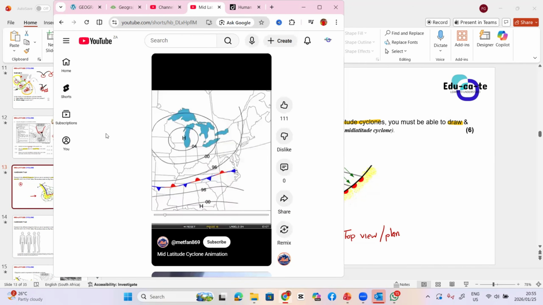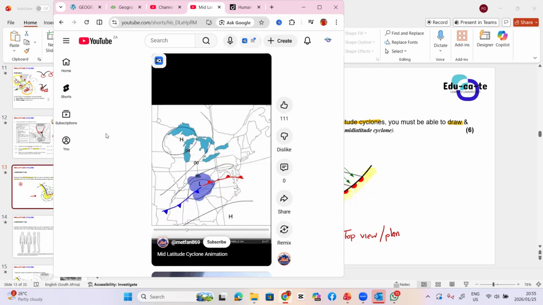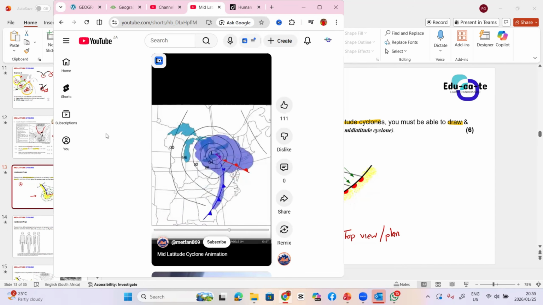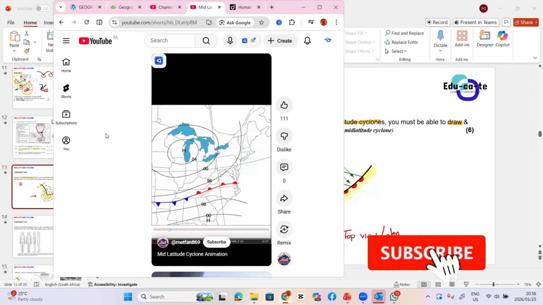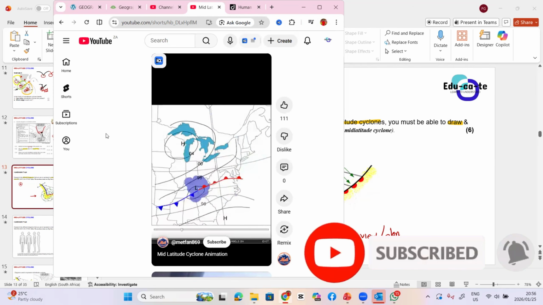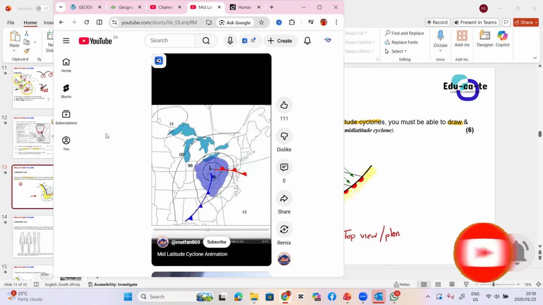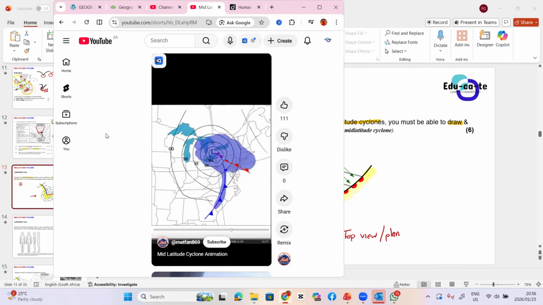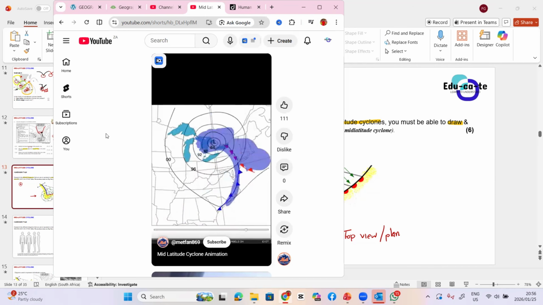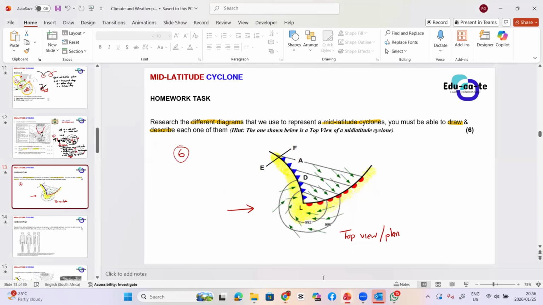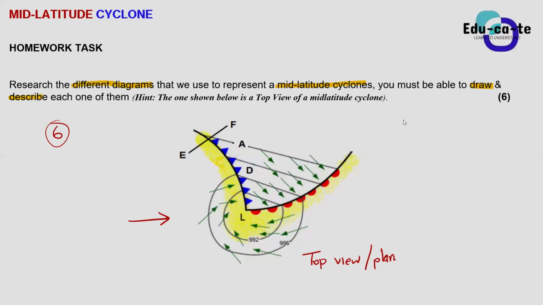You see, these videos, they are moving. They show you how it develops a low pressure. Guys, isn't it what we've been doing so far? It is, and it's even an animation. It is moving. You can say, this is the development stage. Look at this. Now a low pressure comes. Now it's maturing. Now it's having a cold front. It's having a warm front. Now there's an occluded front. It's an occlusion. There are other animations that are even better and they show more details. So normalize using such resources so that you understand what you are doing. All right. Yes, sir.